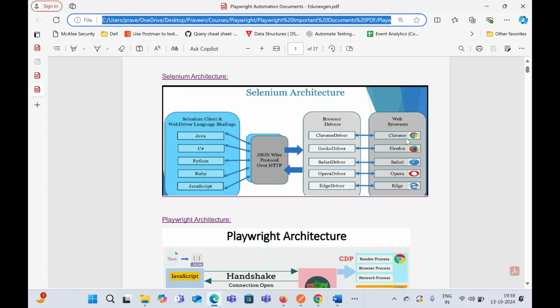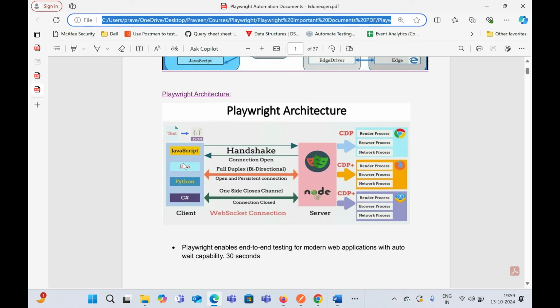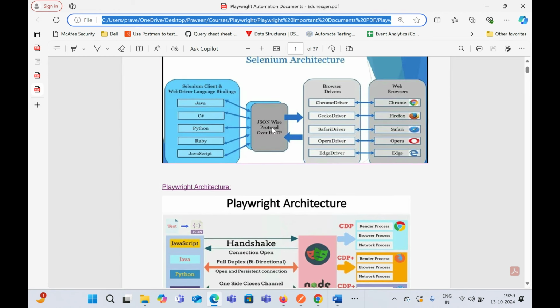Whereas in terms of Playwright, test automation will directly execute on the browser. So let's say we are trying to get the text from an element, then what will happen is, we start running the code, it will directly run on the browser, and the browser will directly respond back to the client. That means we do not have any third party layer, which is known as browser driver. Okay, this is also one of the major reasons why Playwright automation is much faster than